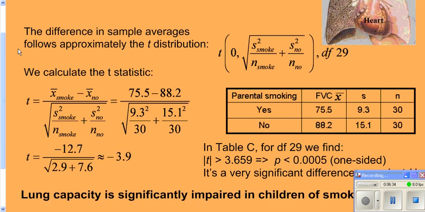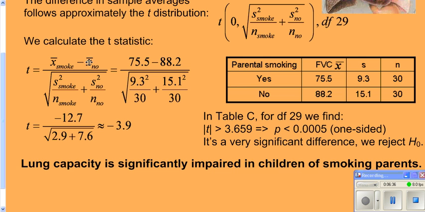Now, let's go ahead and take a look at our formula. We're going to go the mean of the smokers minus the mean of the non-smokers. In other words, we're going to assume that the smokers are group 1, the non-smokers are group 2 when it comes to plugging stuff into our formula. So we got to subtract the mean of the smokers minus the mean of the non-smokers, and those are given